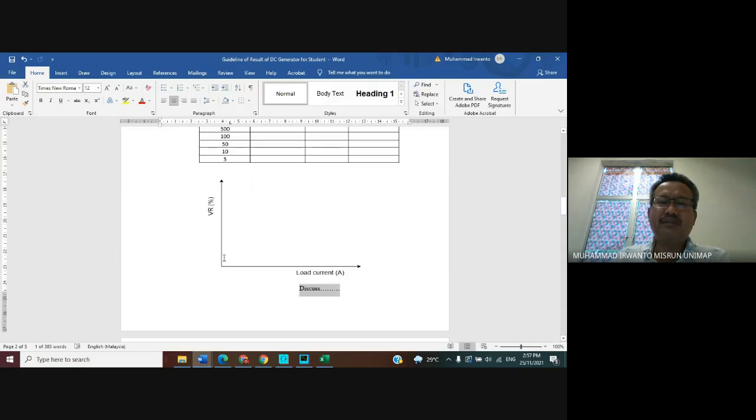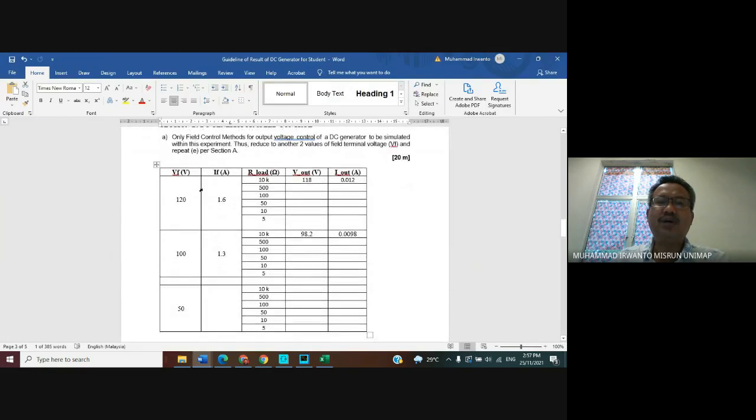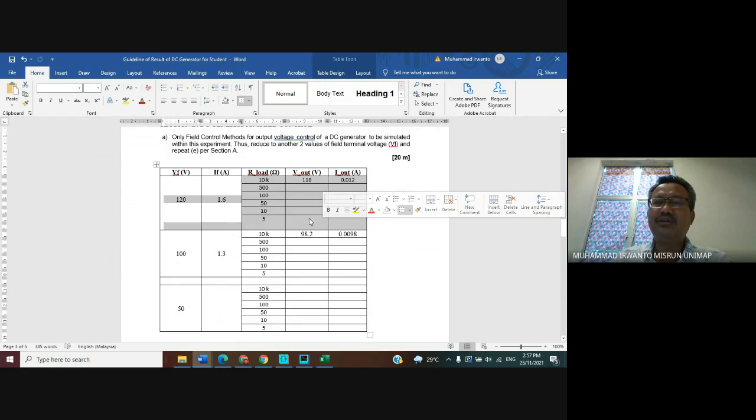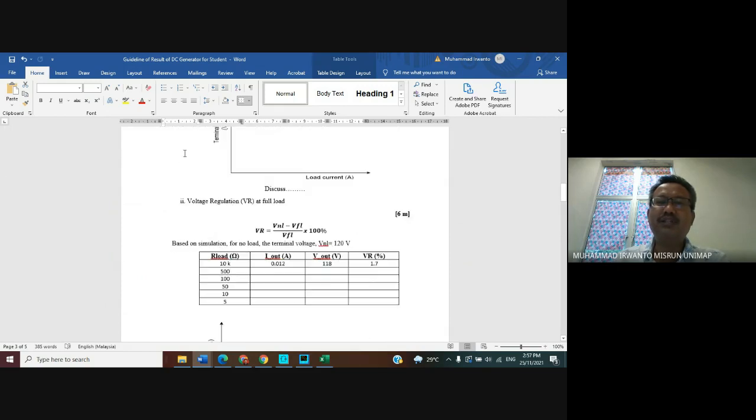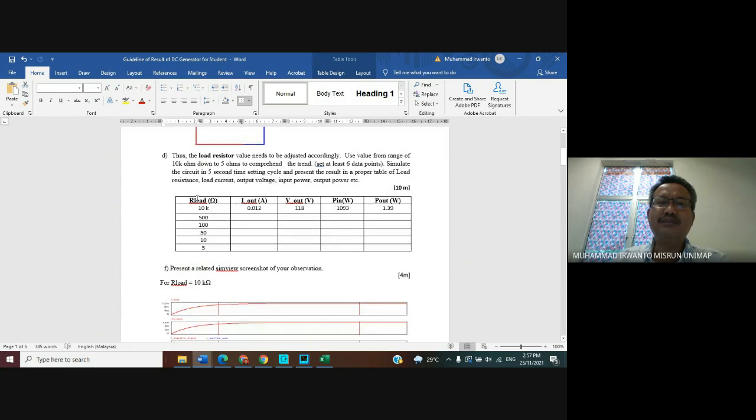For example, for section B, I create one table like this. The initial value is obtained from the earlier table, from here.